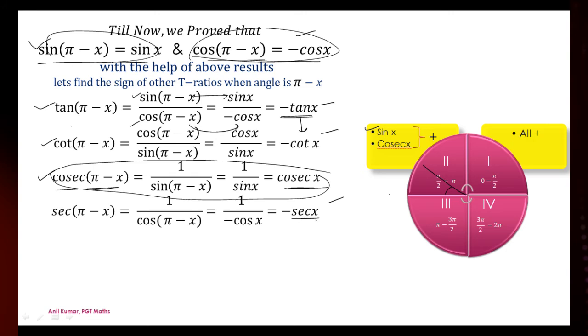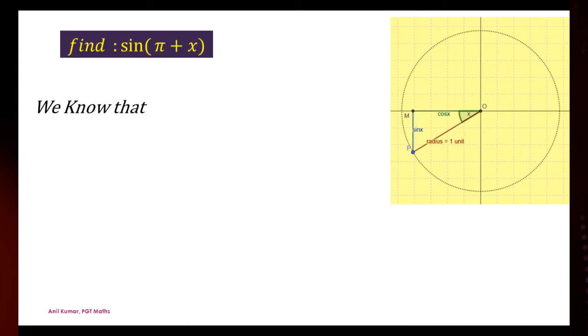That means whenever I am measuring the angle from the x-axis, or multiples of pi, the cofunction will not be applied. So they will remain unchanged, sine will remain sine and cos will remain cos. Similarly, tan, cot and secant. So after discussing up to pi minus x, now let's proceed towards the third quadrant, that is pi plus x.